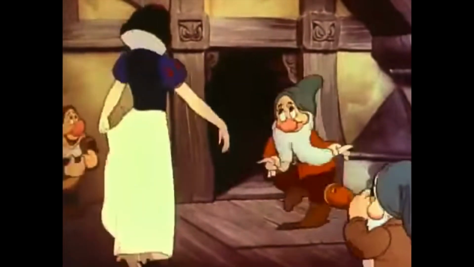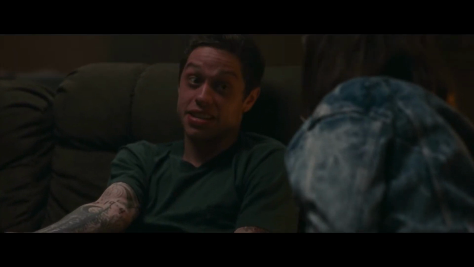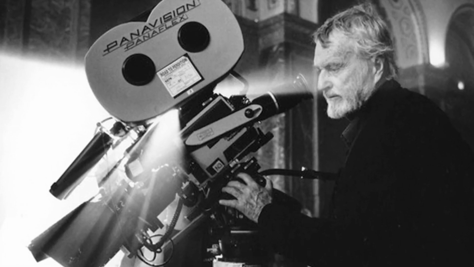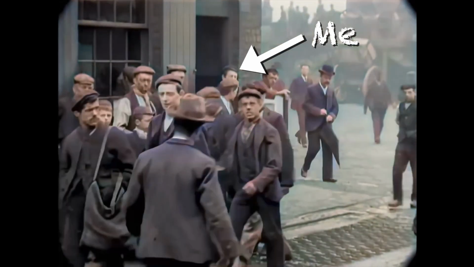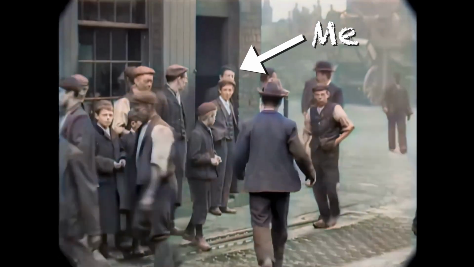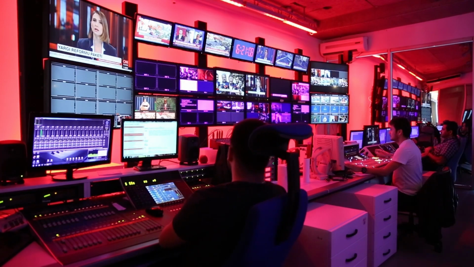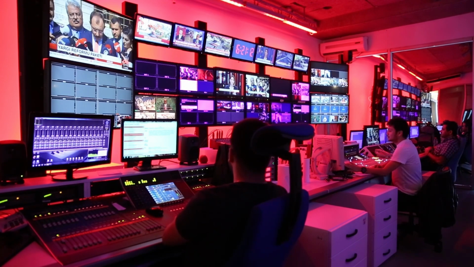And this has led to an ever-decreasing space for more complex independent cinema aimed at adults. So then, where do our 21st century auteurs go now? In the late 18th century, the invention of the steam engine led to the Industrial Revolution, which changed society forever. 250 years later, the digital revolution has delivered us, among other things, video on demand.